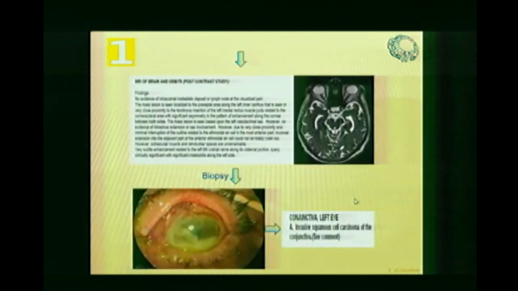Then we convinced the patient to have an MRI with contrast, and a limited excision was done for the sake of diagnosis, and you know that it is really invading the eye. I will tell you why, because the eye was full of hypopyon tumor cells. But we need to give a diagnosis before moving into the next step, which is counseling the patient to have subtotal exenteration. So this is an invasive